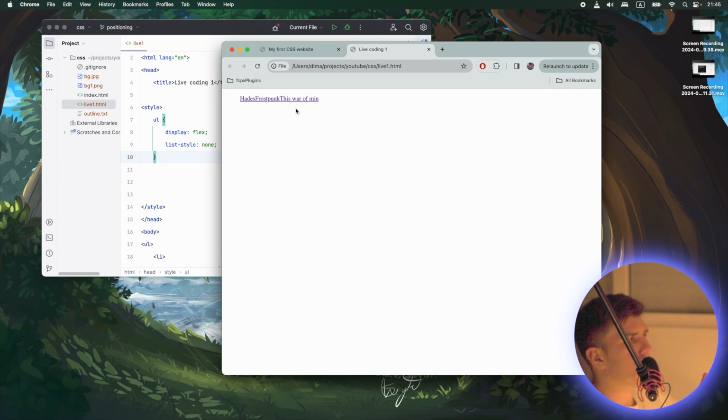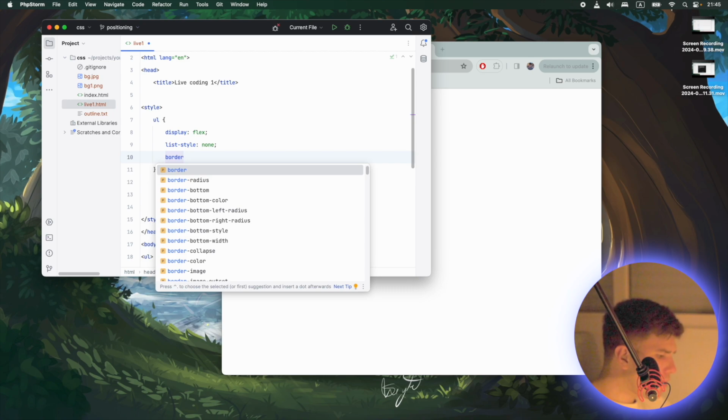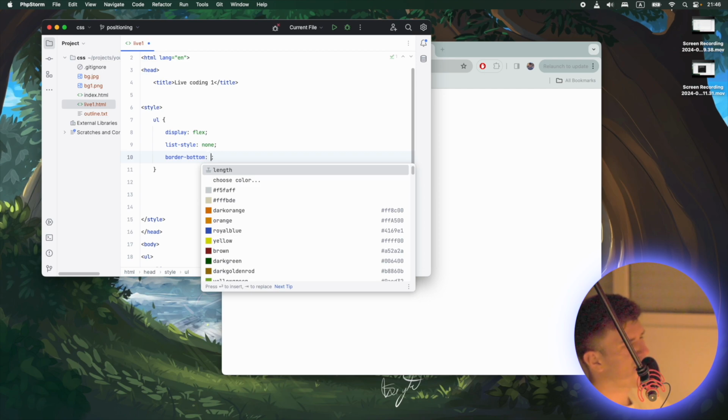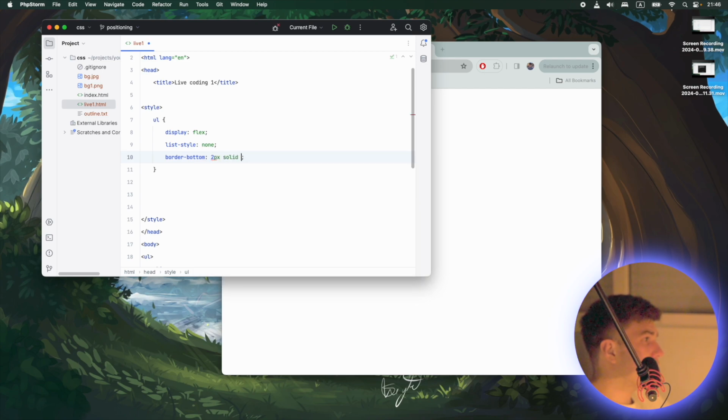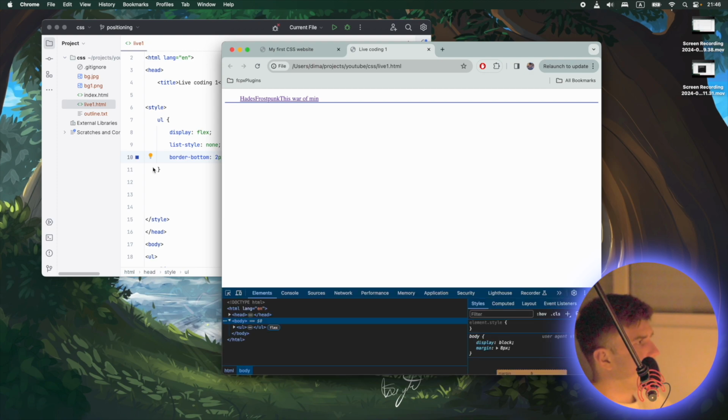I want it to take up all the available space horizontally. So let's add another property declaration. It's going to be border bottom, and it's going to be something like 2 pixels solid royal blue. Let's have it like this and refresh. There you go. There is a nice border. What I don't like about the current appearance of our page is that there are these little gaps in between,